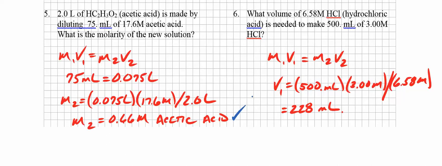What volume of a 6.5 molar hydrochloric acid solution is needed to make 500 milliliters of a more dilute 3 molar hydrochloric acid solution? Let's once again use our formula. M1V1 is equal to M2V2. We're looking for the volume of the more concentrated solution, or V1. So V1 is equal to 500 milliliters times 3.00 molar, and we'll divide that by 6.58 molar. That's M1. And when we do that, we get this number, 228 milliliters. We'll leave it in milliliters. We're done with number 6, and we are done with this